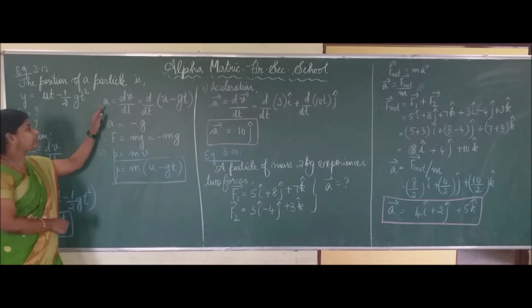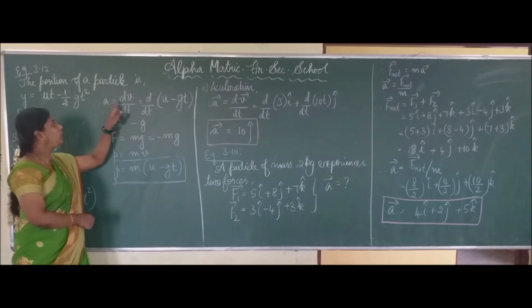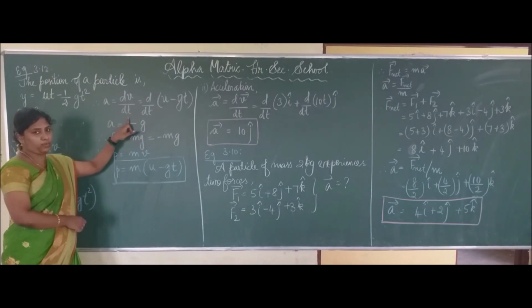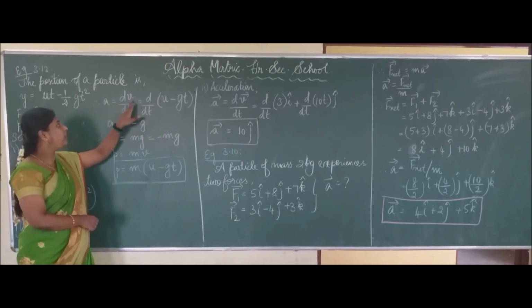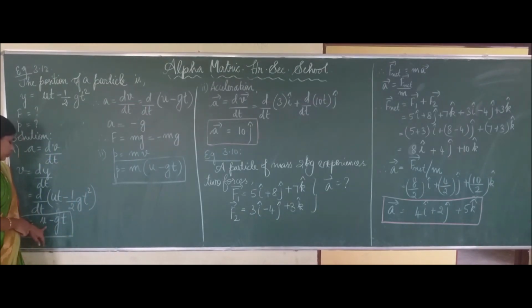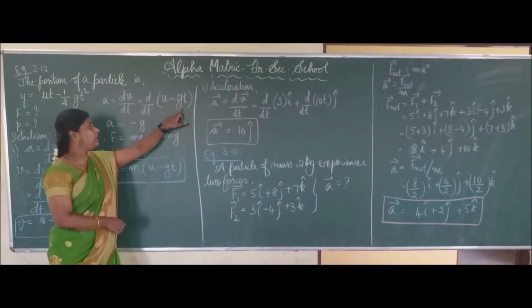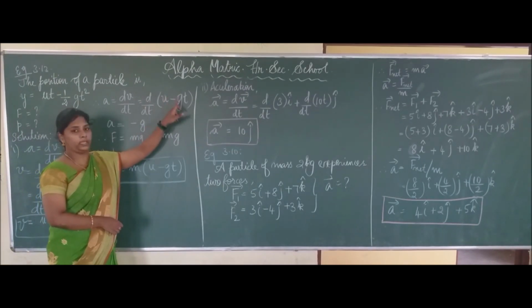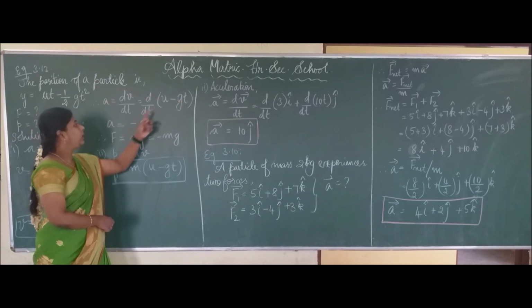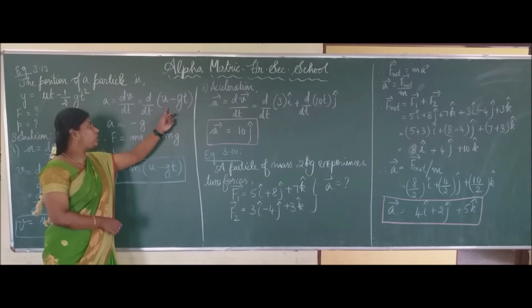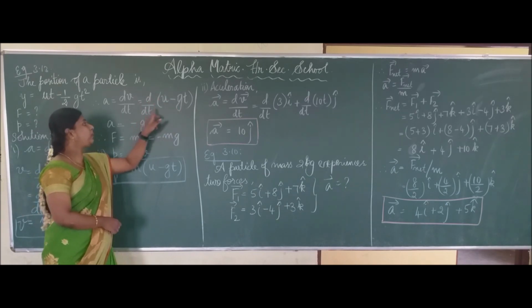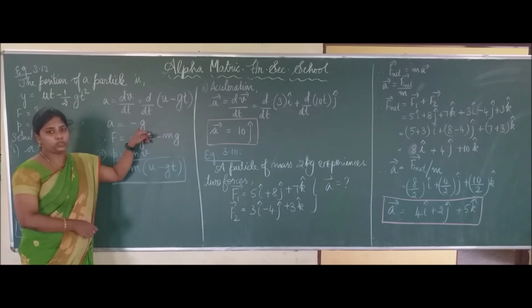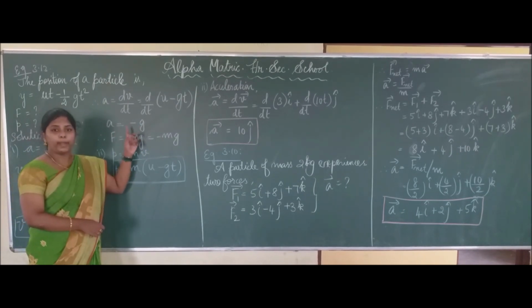Okay. And the next is acceleration. So a equal to dv by dt. And the v equation we got is u minus gt. So we have to differentiate again here. Okay. So a equal to, here there is no t term in u, so this u becomes a constant and the first term gets 0. The remaining term is minus gt, and with respect to time we get only minus g. So a equal to minus g.